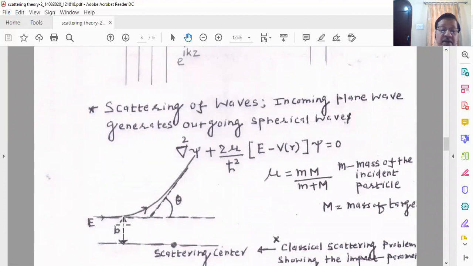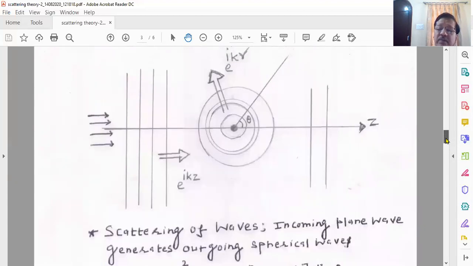Having this impact parameter b, when the beam of particles is directed towards the scatterer, the particle will scatter. So you have an angle of scattering, theta. This is the classical picture you have already applied in second year BSc, when you studied the atom model using the Rutherford formula. Now, this year we would like to study the quantum picture. Let me explain how we will solve our problem.